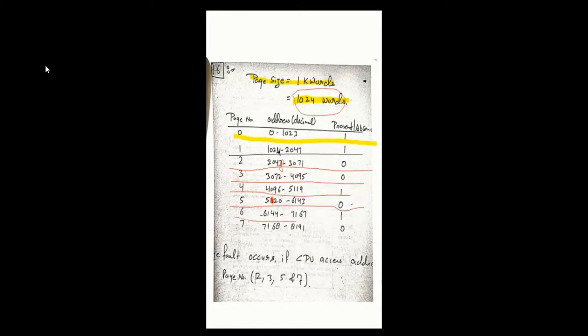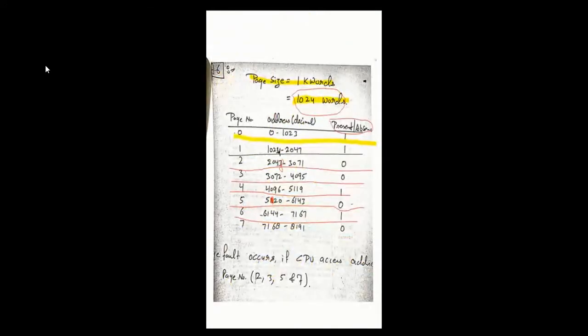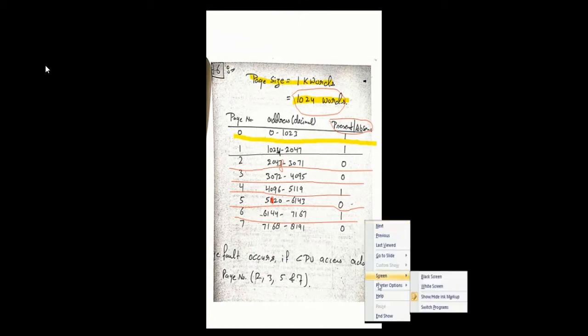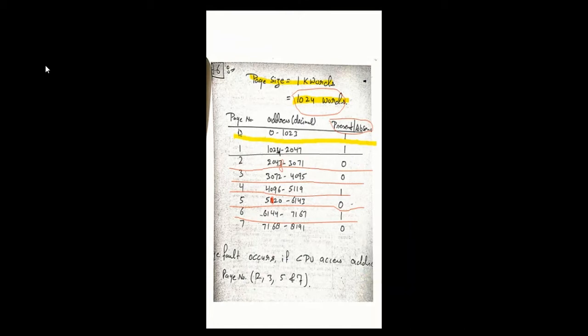Now, in this page table, as already given in the previous slide, pages 0, 1, 4, 6 are present in the main memory, right? So that's why we have a mode bit or present bit here. In the present bit, for pages 0, 1, 4, 6, we write that they are present. 1 means present, 0 means absent. So 0 is 1, 1 is also 1, 4 is also 1, 6 is also 1. Hope you are getting me. See here, these 0, 1, 4, 6 are present in main memory, right?